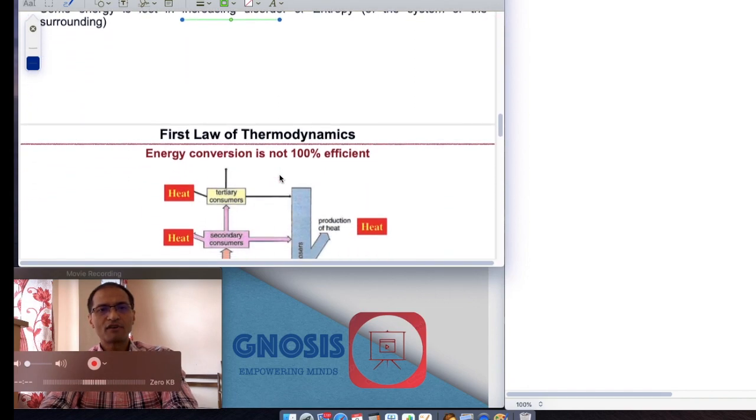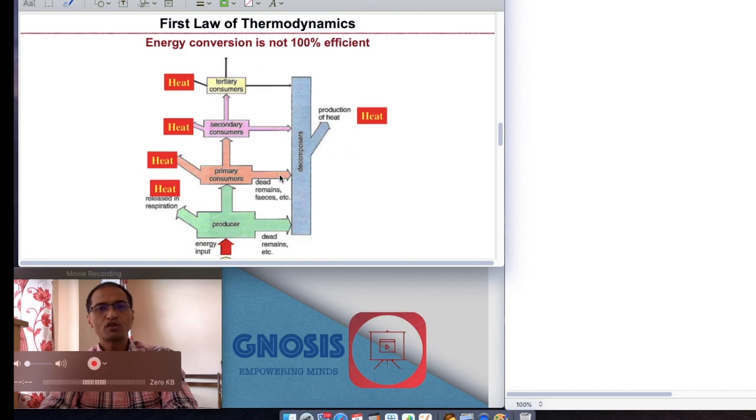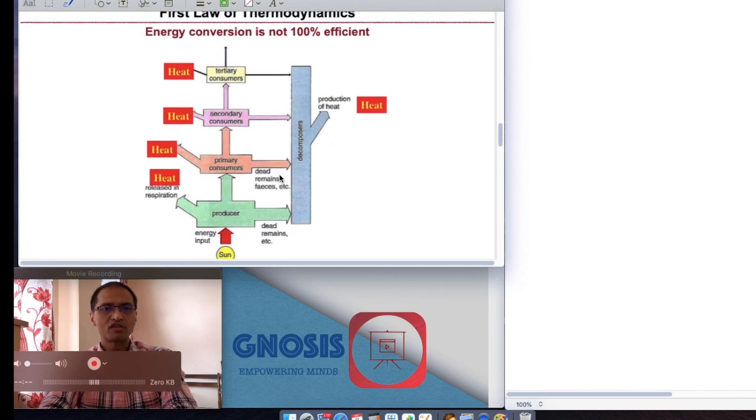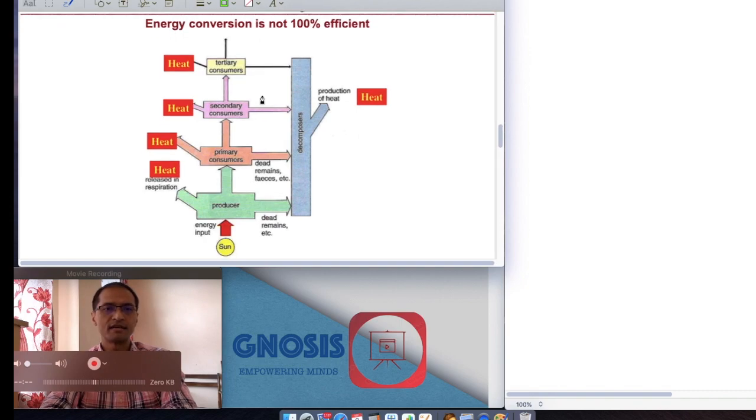So with that background in mind, we are going to look at an example that tries to explain why energy is not 100% efficient. If you look at this particular image that I've put over here, this is the classic food chain that we know of in our studies. So we have the primary producer who takes in energy from the sun, and the primary producer produces the biomass,